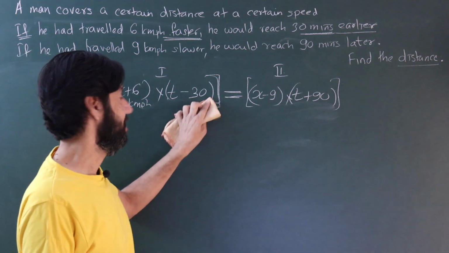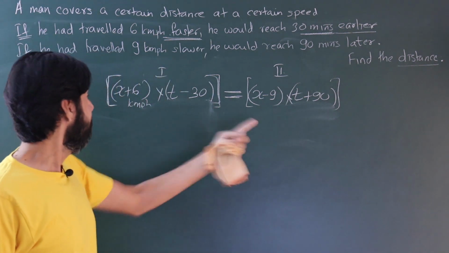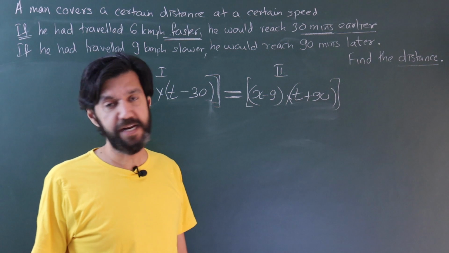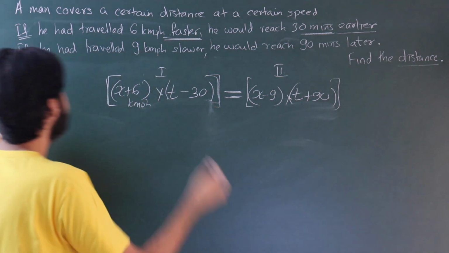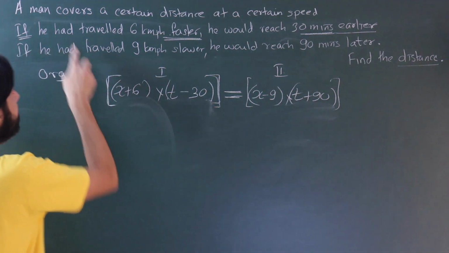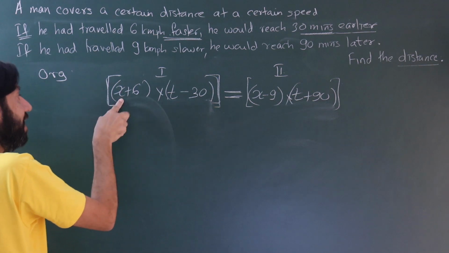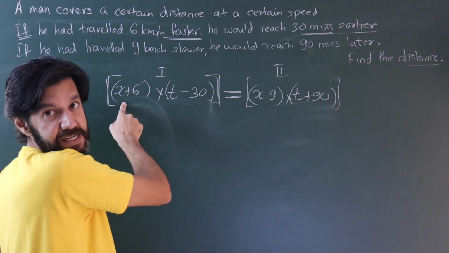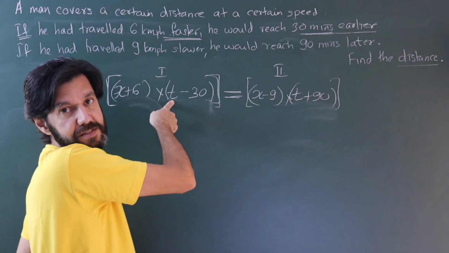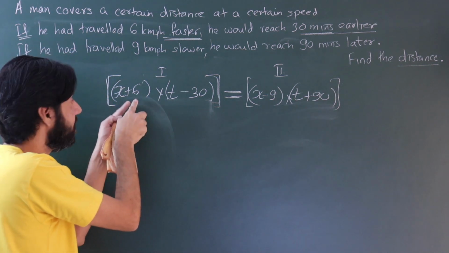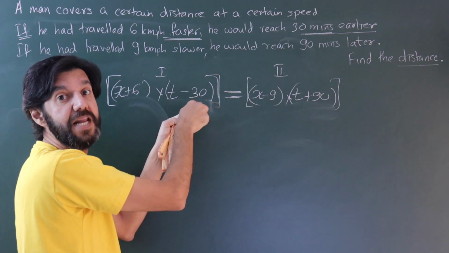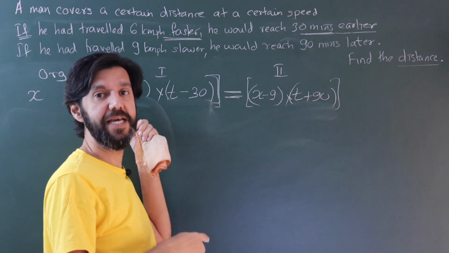The second hurdle is, if you open out these brackets, you are left with only one equation in x and t. Now that's a big hurdle, and a lot of students get stuck over that till the time you realize that there is an original situation here, student. And what is that original situation? I travel, this 6 is added to some speed that I had. And when I had a speed of x, that is the time I was taking, time t. Right? So when I go 6 kilometers faster than some speed, I would take 30 minutes less than the time taken earlier, that is at x.